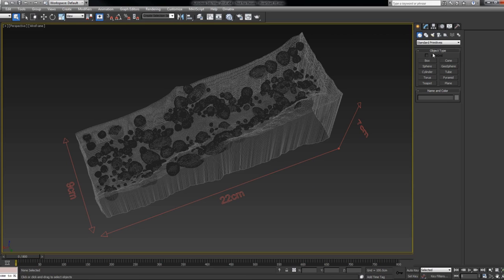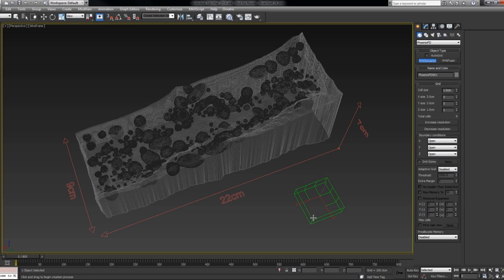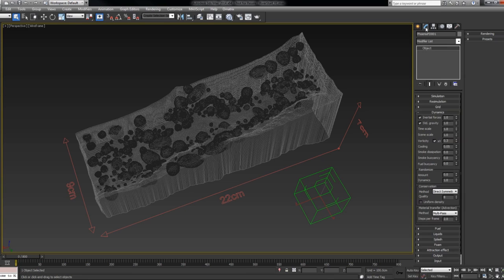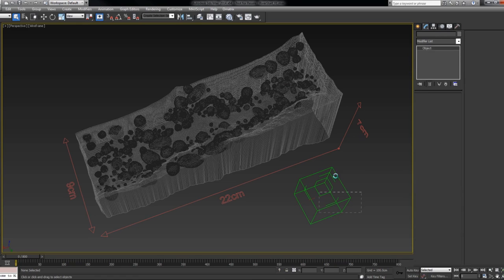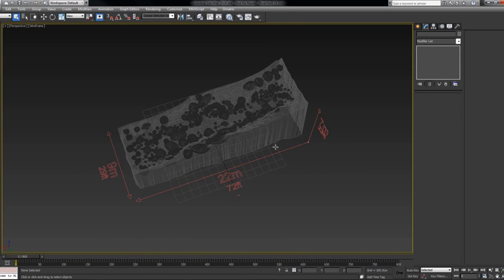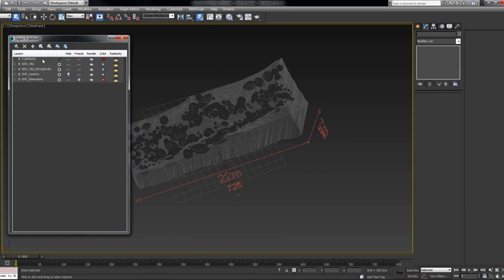In Phoenix, however, we've introduced a new parameter, and I'll just create a simulator to get the interface, and you can see this scene scale. It might compensate for the wrong sizes of the objects, but we do not recommend using this as a feature. Instead, what we recommend for proper dynamics is to work with real scaled objects. So I'll just hide that one,